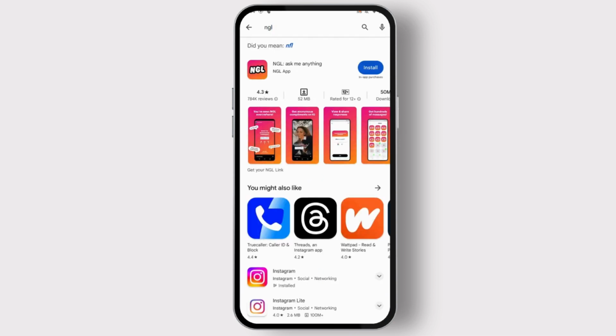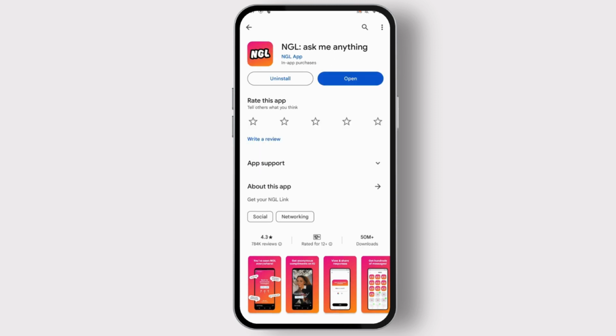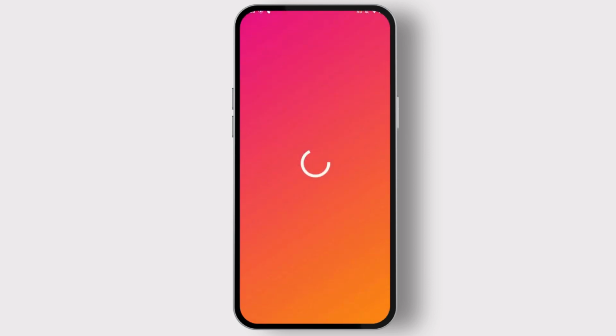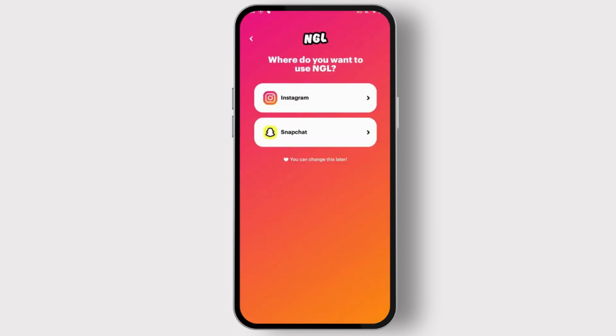After typing in NGL, here you can find this application. Just tap on install and install your NGL application. After completing the installation process, now what you can do is just simply open up your NGL application. After opening up your NGL application, just tap on Get Started, which is on the bottom, and then tap on